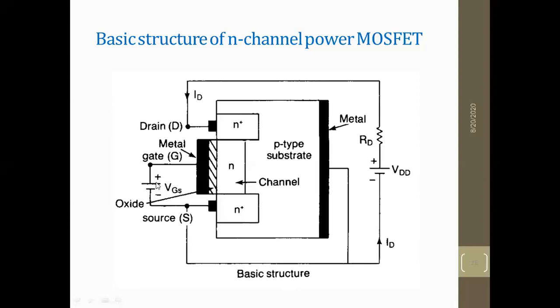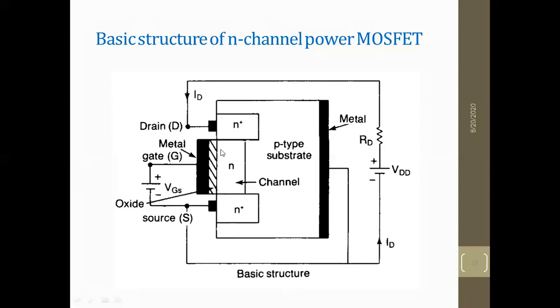That is, if the gate is connected with a negative terminal and the source is connected with a positive terminal, what happens? Here the gate to source voltage is given as negative, some of the electrons in the N channel are repelled and a depletion region is created beneath the oxide layer, that is below the oxide layer.